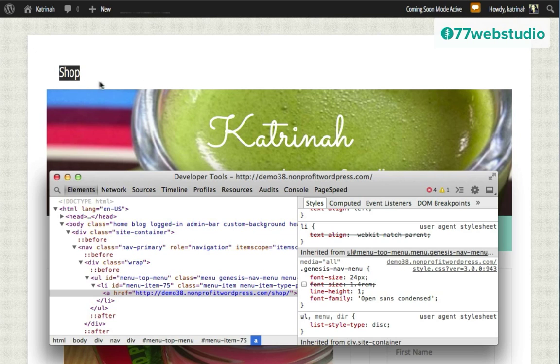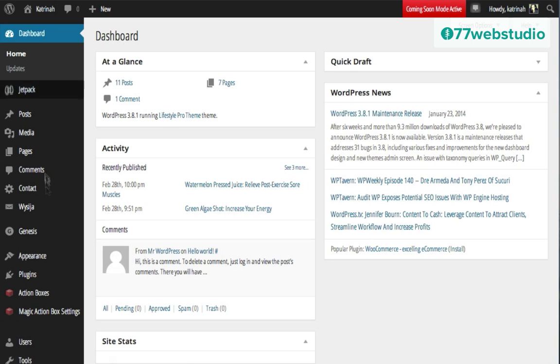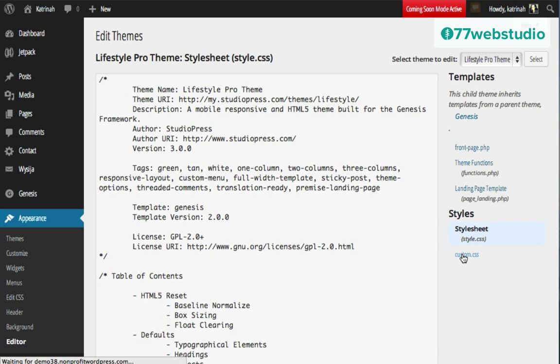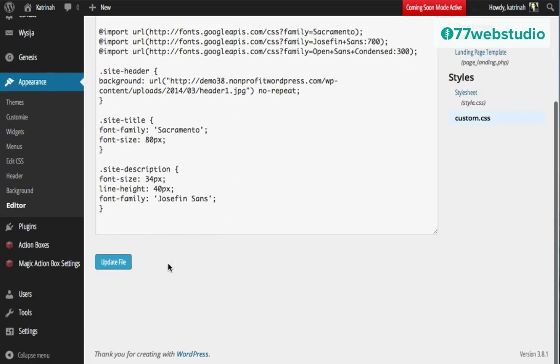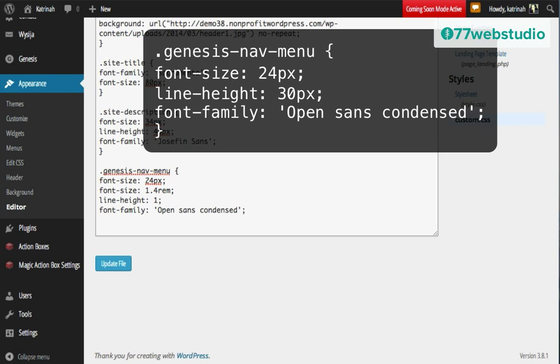That looks pretty good. I might change that and make it larger later, but for now that looks okay. Okay, so I'm going to highlight all of this. This is what I want to add to my website, so I'm going to highlight all of that and copy it. Then I'm going to go back to the custom style sheet by going up to the top, clicking on Dashboard, then going down to Appearance, then to Editor. Then I'm going to click on Custom.css and paste the code that I just copied in the previous step, making sure that I finish it all off with a closing tilde bracket.